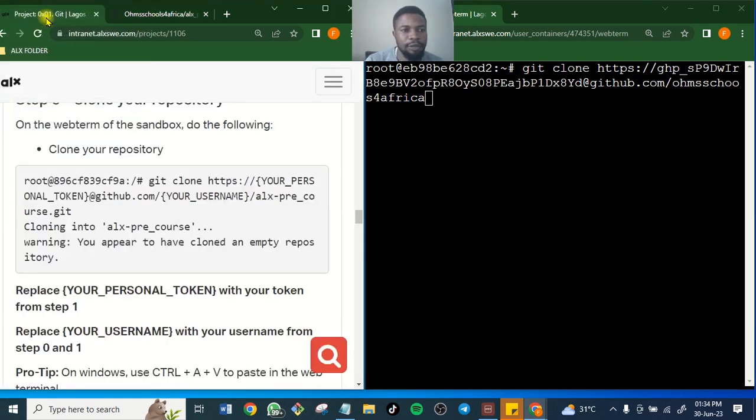Let's come back here. After your personal token, then you write slash ALX precourse. You already have this ALX repo. So it's already a repo, a store. You now want to push this thing and connect with it and say, yes, you already bought a room, a store on GitHub. Are you getting it? You already bought a repository on GitHub for this project, for just this project.